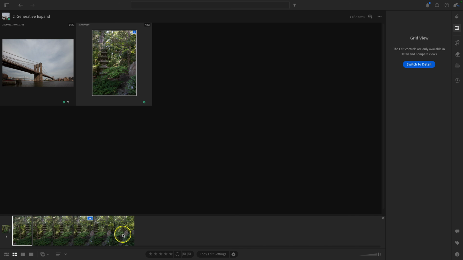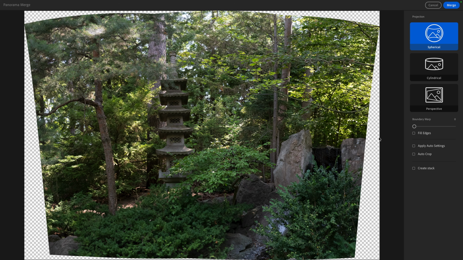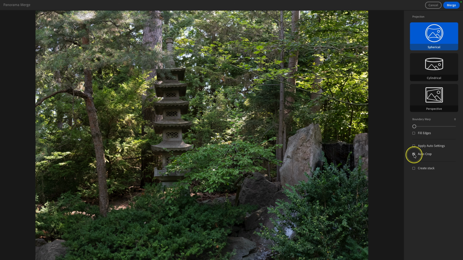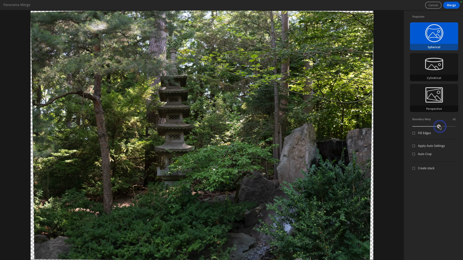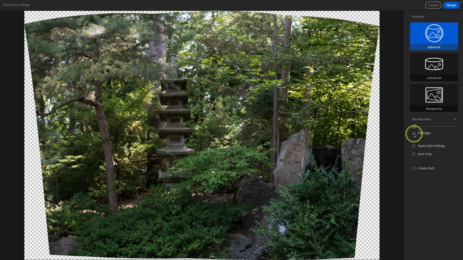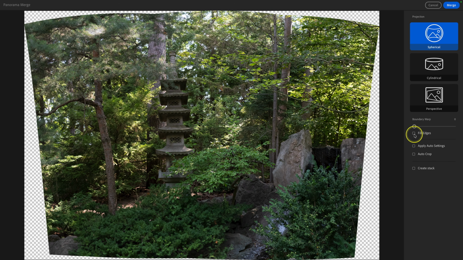I'm going to select these 6 photos, right click, go to photo merge, and then select panorama merge. And as you can see, Lightroom does a good job of merging those images, but there's a ton of transparent areas. And there have been ways that you can kind of fix this. You could have auto cropped it, which is basically a constraint to crop, but that affects the original composition. You can do a boundary warp to distort the photo if you want, or you can click this fill edges over here, which does an okay job, but all things considered,